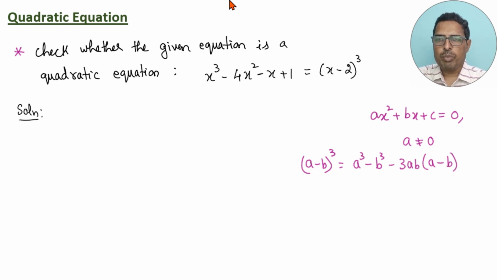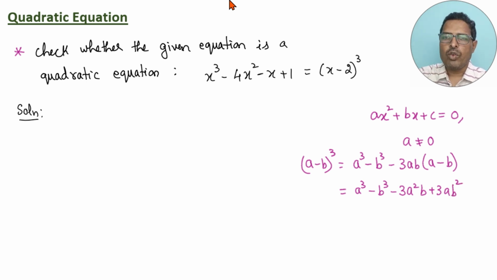Or if you want to write in the expanded form, you can write it as a cube minus b cube minus, you just multiply this one, 3ab multiplied by a, that means a into a, 3 will be as it is, a into a will be a square, this b will be as it is, a square b. Then you have minus of minus, so if I am multiplying minus 3a with minus b, minus of minus will become plus, you have 3a and b into b will become b square. So this is in the expanded form. Now if I try to use it over here,